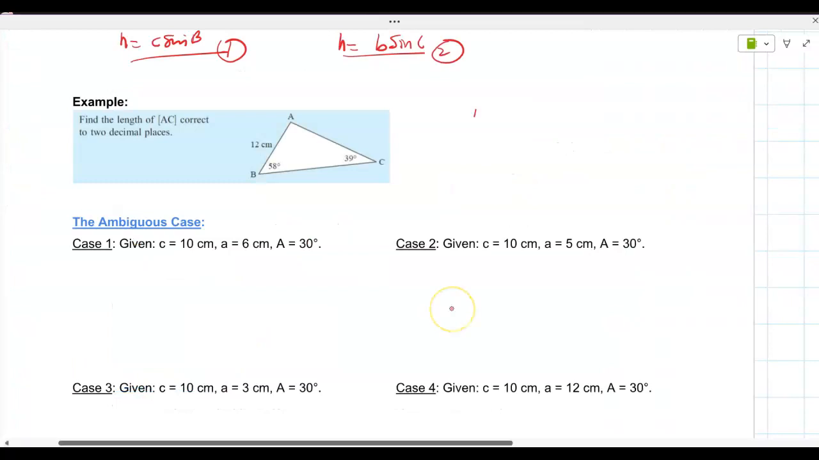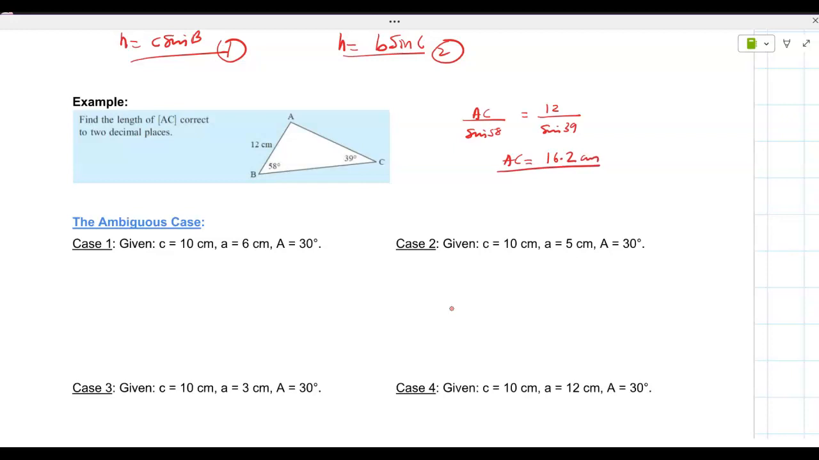Do AC over sine 58. AC over sine 58 is equal to 12 over sine 39. Absolutely. Then you cross multiply and you put it in the calculator. How much did you get? 16.17. So 16.2. Don't forget, there were 2 decimal places, then 16.17. If they mention it, yes. If they don't specify that,